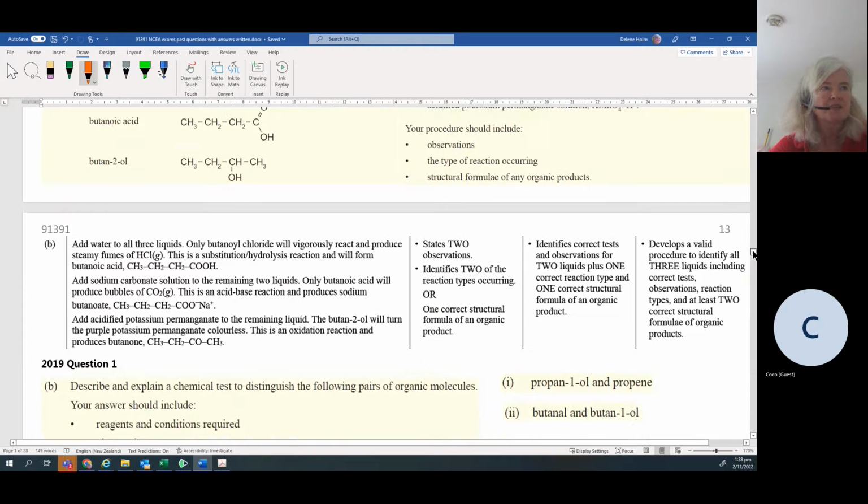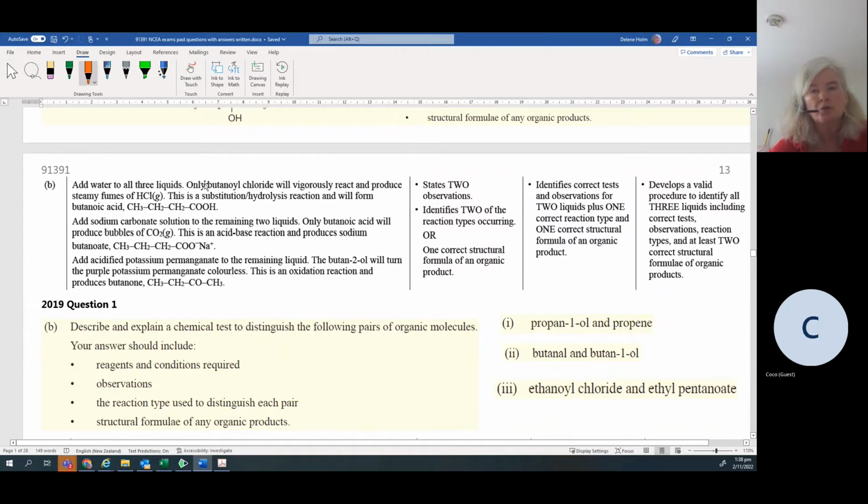You need to start something like this. Add water to all 3 liquids. Only the one that's got the butanoyl chloride in will show a reaction because it'll react vigorously. Okay. Then the other 2 you don't know. So now you've identified that one. Now you take fresh samples and you add sodium carbonate solution to the remaining 2 liquids. Then the one that bubbles is the one that's got butanoic acid. The other one